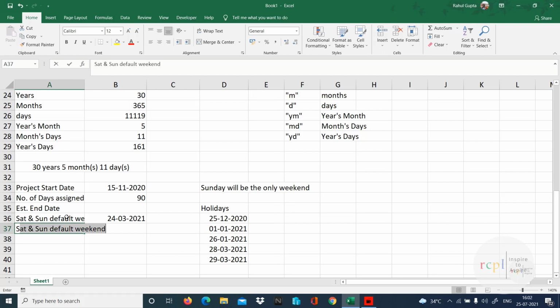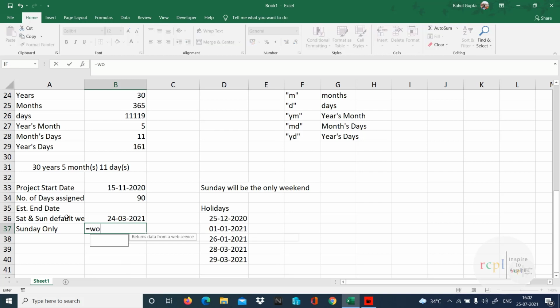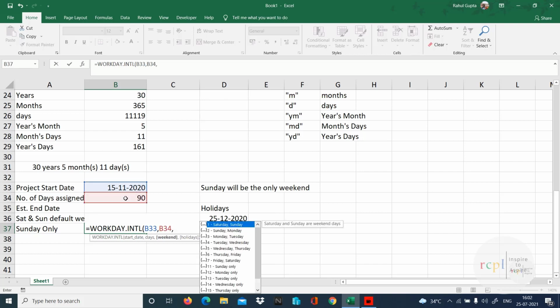If I have to get for Sunday only, then in that case I have to use a function which is available only from Office 2010 onwards, means I can say Excel 2010 onwards, is equal to workday.intl. International. Here we can define the weekend according to our need. So I'll select the start date, comma, number of days, comma. Now it says weekend.